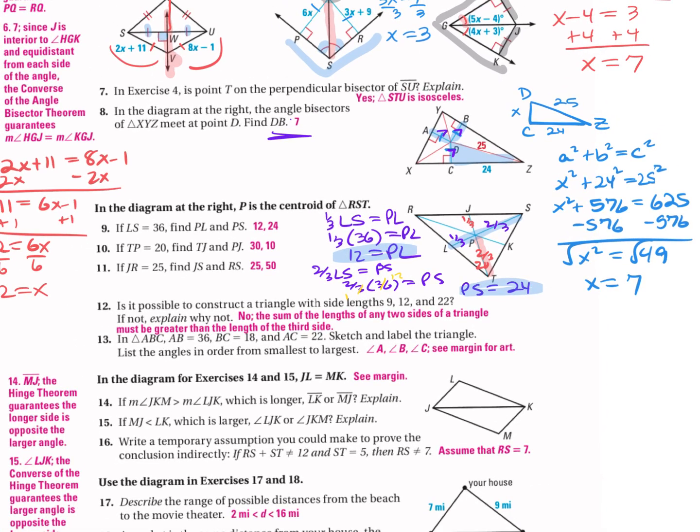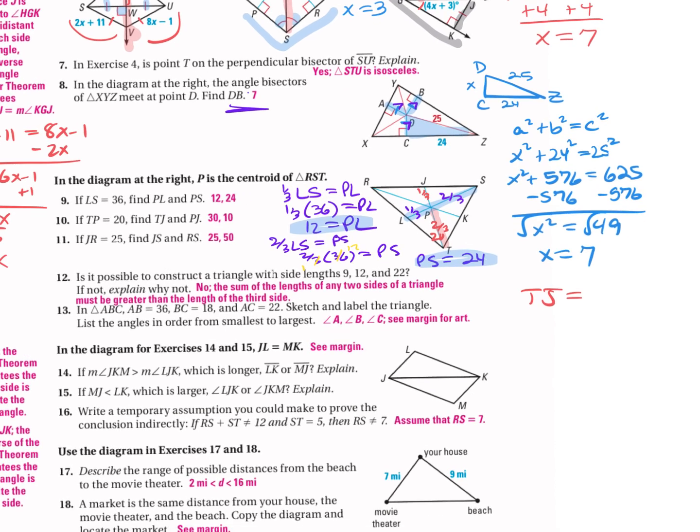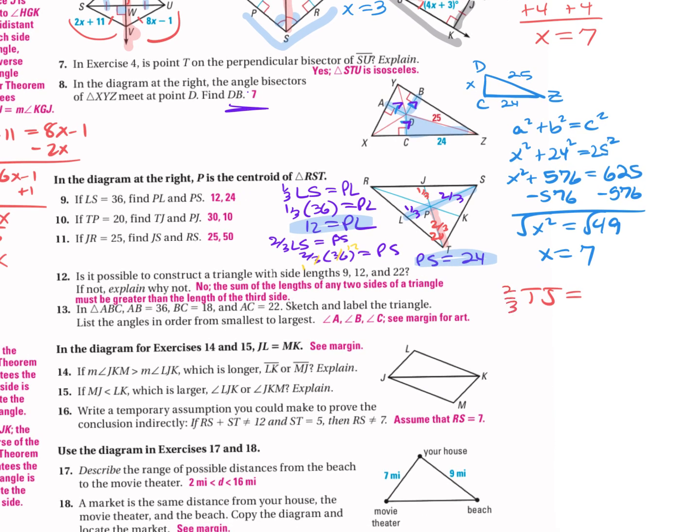So now to find the other pieces, I know that I can go ahead and find TJ, which is the whole thing. And then I have, so 2/3 of TJ is going to equal PT. So they gave me, or let me reverse it, TP. They gave me that,